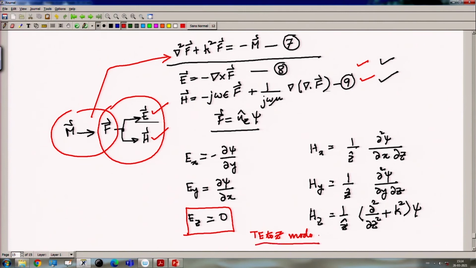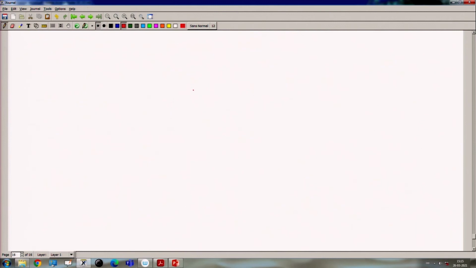Also, if you look at the expression for Hz, if we assume a variation of e to the power minus j k z z along the z direction,